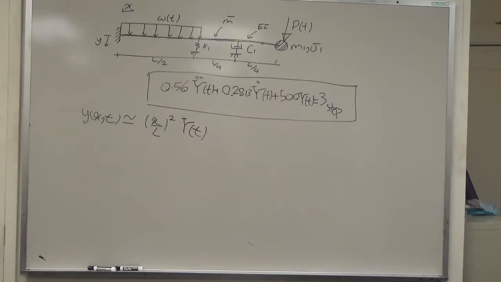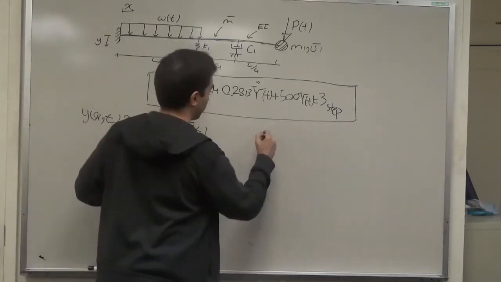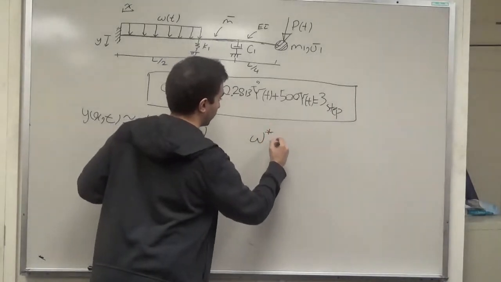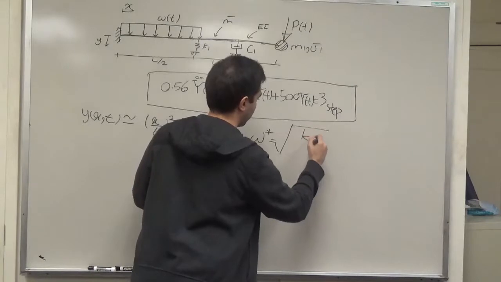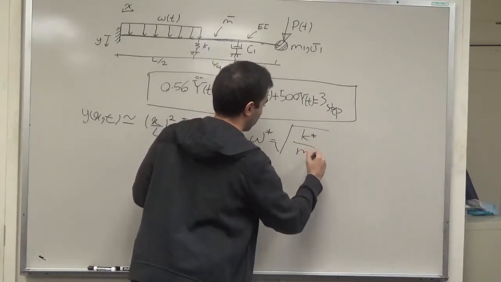Now, because what's on the right side is a step, that means that we can solve this equation as if it's for a step load, right? It will depend on the initial conditions. For example, what is the frequency of this structure, omega? So omega for this structure, our best approximation for this model, is simply square root of k over m. So it's equal to